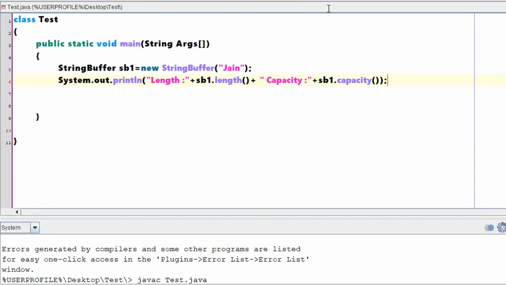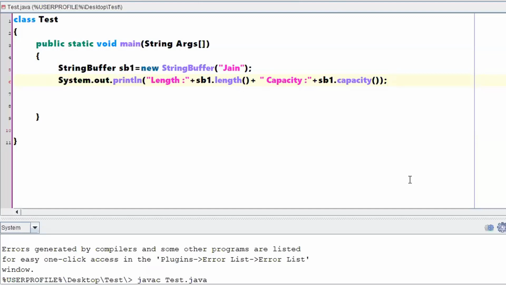Sir, in an ideal program, the memory used should be as little as possible, but a string buffer keeps 16 extra spaces. So is it ideal for programs containing multiple inputs? Kevin, it completely depends on our requirement.